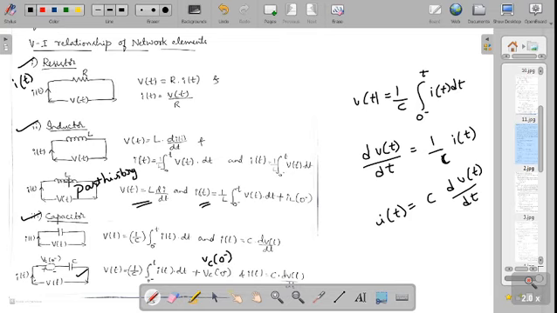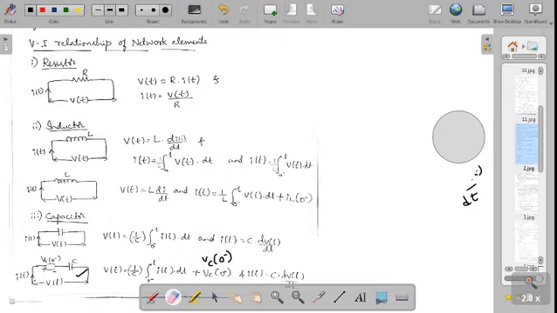Observe here, in the case of an inductor, the inductor will be carrying current in the past history. So in the current equation you are adding IL of 0 minus, whereas in the case of a capacitor, the capacitor in the past history can carry voltage. It is not current, it is voltage. So you are adding Vc of 0 minus to the voltage equation. These are the things you need to remember, and they should be very clear in your mind.